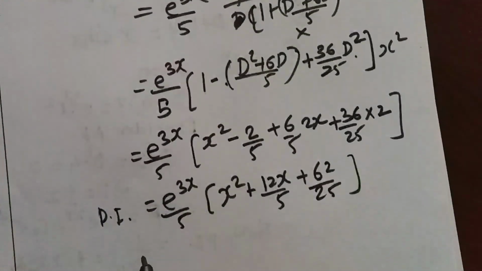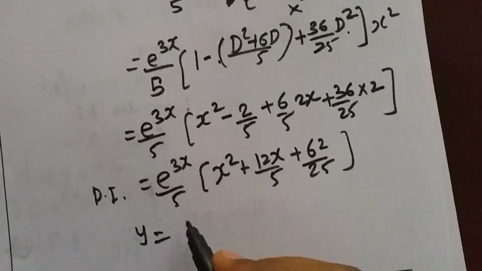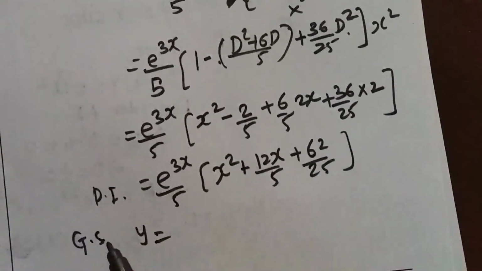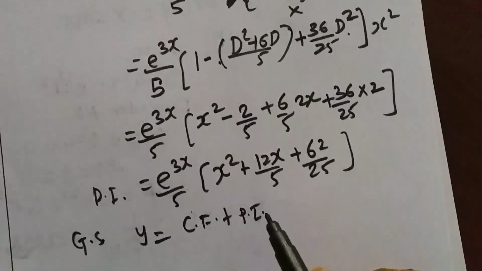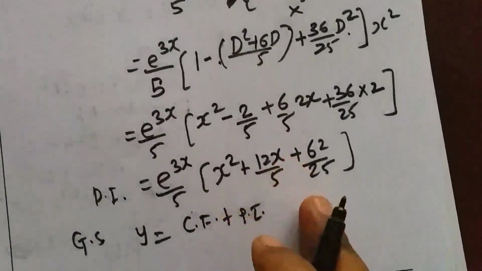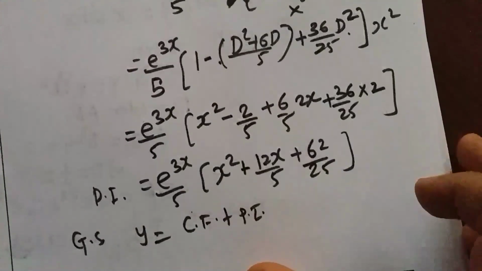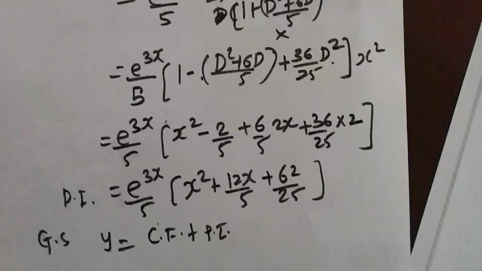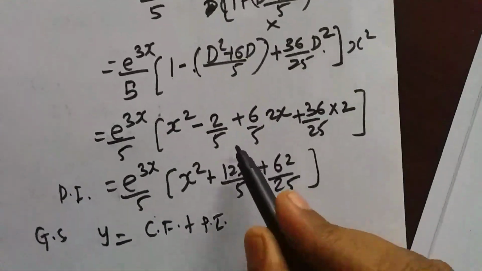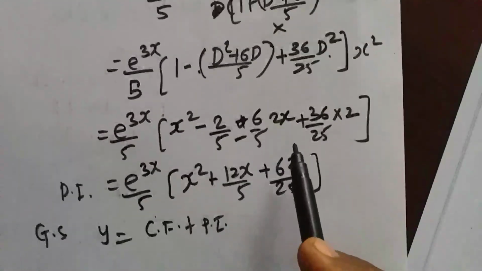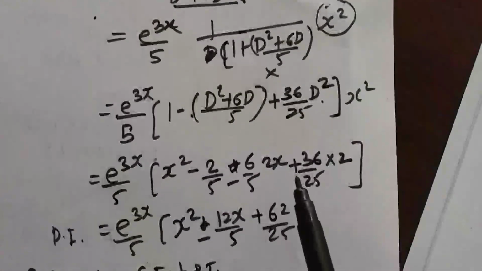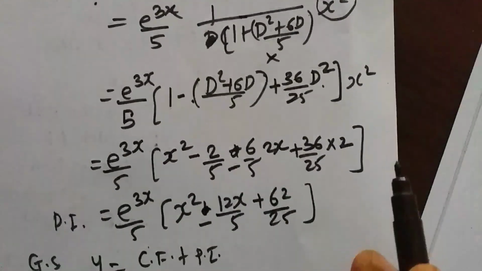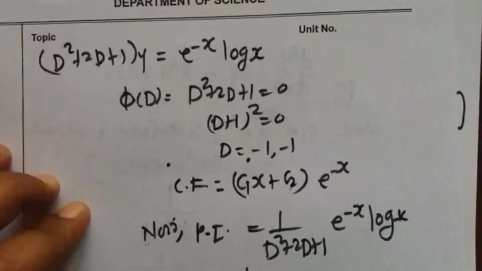Okay, now finally write the general solution as addition of CF and PI. So write the CF here and add this PI, so you will get your general solution. So let us take the next example. Wait, this term is negative, minus 6 into 2, so it will be minus 12x by 5, and the rest of the calculations are okay, I think. Yes. Let us see the next example.